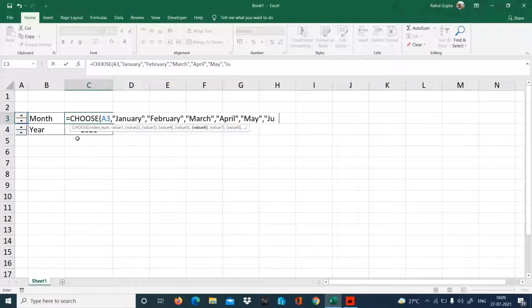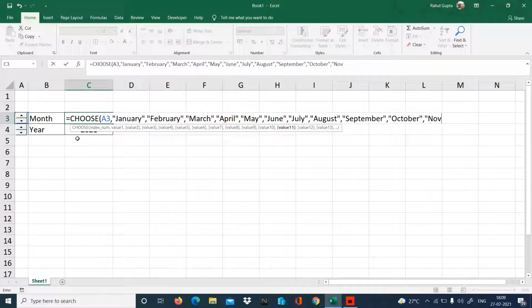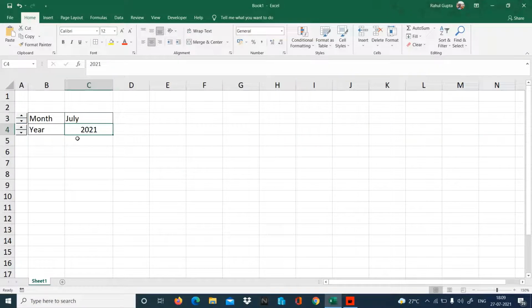Then June, then July, then August, then September, then October, then November, and finally December. So that's what I have given in the formula. Now according to that I'm getting July.